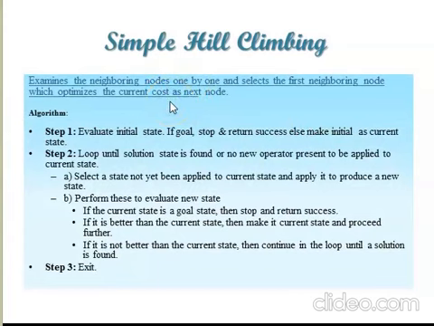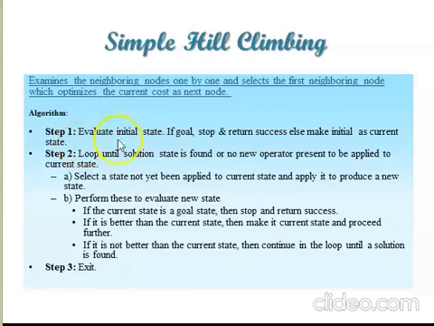This is the algorithm, which is not a tough one. What we have said just now is represented as steps, like repeating steps and all. In the simple hill climbing, we will be examining the neighboring nodes one by one. Whenever we get a better value, this examination process will be terminated. So I will explain one algorithm, let it be this one. Then there are only slight changes with the other two algorithms.